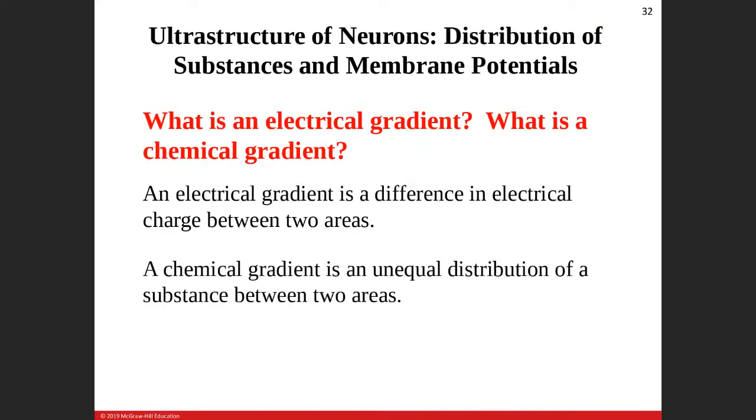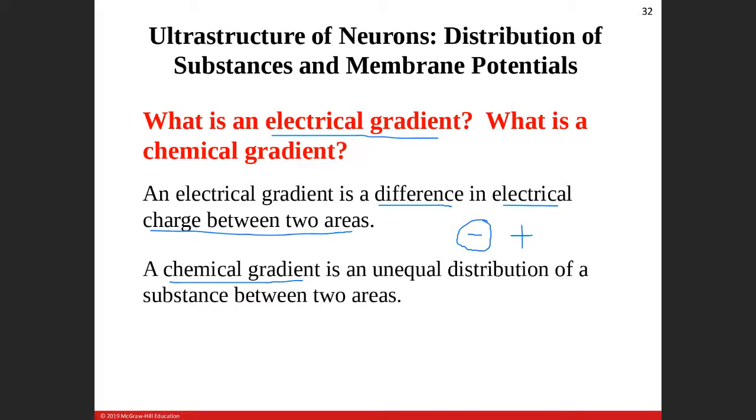So, all right, first of all, let's figure out what an electrical gradient is. Okay? You need to know this definition. It is the difference between the electrical charge between two areas. In our case, the inside of the cell is negative and the outside of the cell is positive. Okay? When we're dealing with the chemical gradient, we're talking about the unequal distribution of a substance between